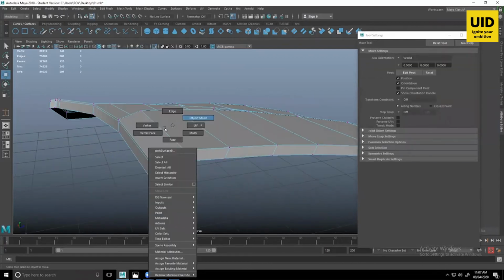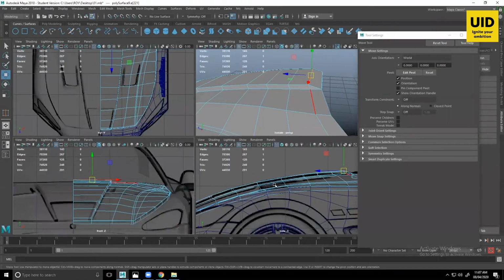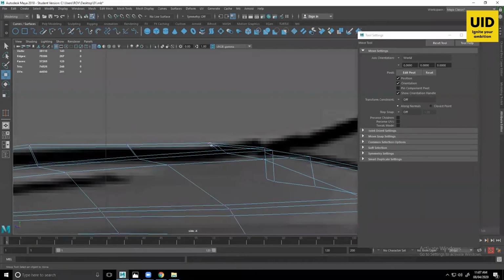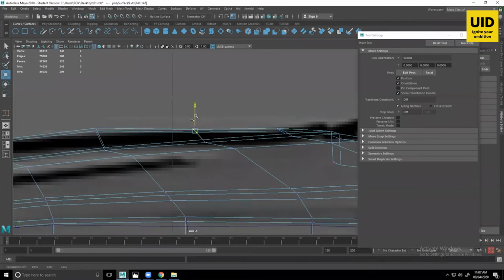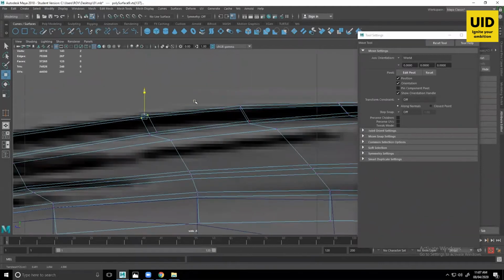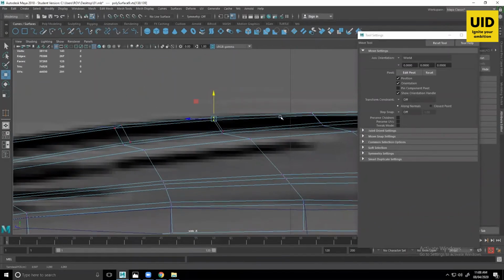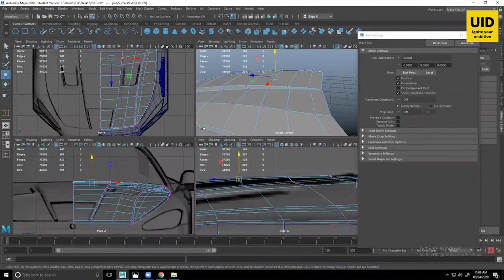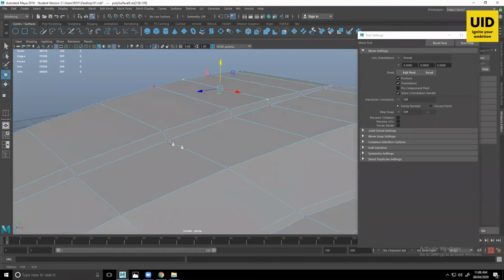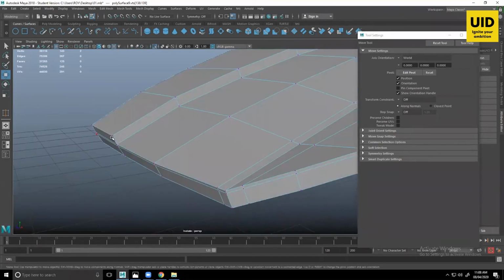Yep, done. I will go to my edges, and also I'll just pull them down, so that we can get the feel that it's extruding down gradually, not all of a sudden. So there's a nice arc going on here, and it's flattening up here. Then we'll do the same thing over here.